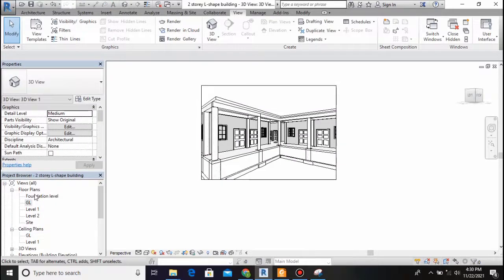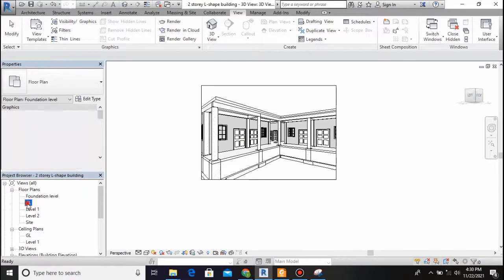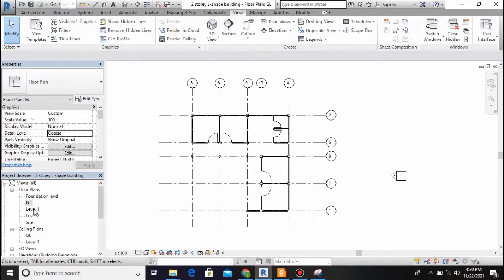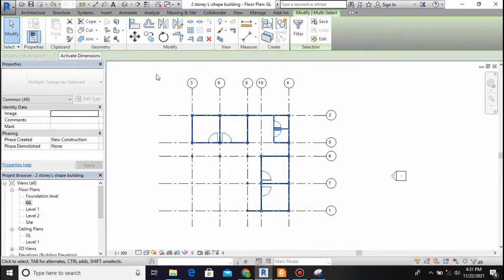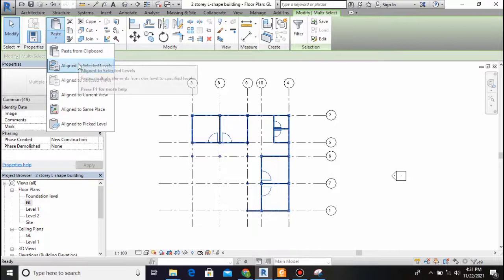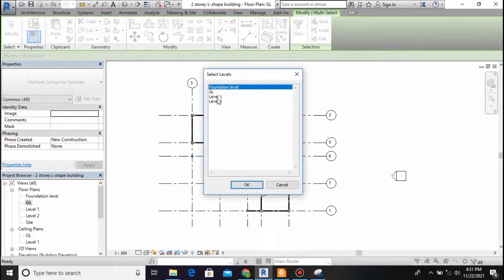Let's close this, and now it is the time to draw the second level. So let's come to level 1, or from the ground level select all these things and use the filter command, and select the things that you want to copy to your level 2. So deselect red and select all the others and apply. So here you see this is copied to clipboard, and paste it aligned